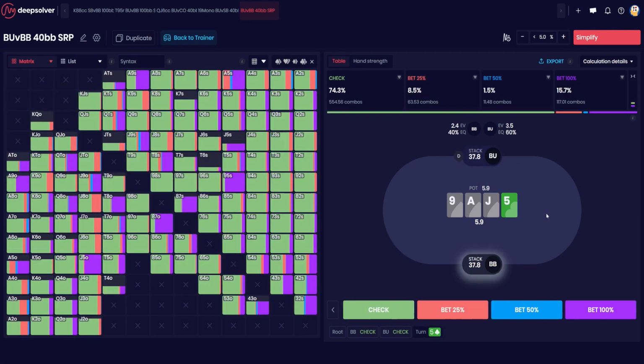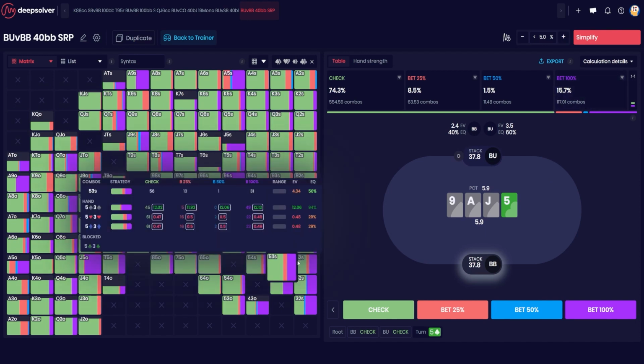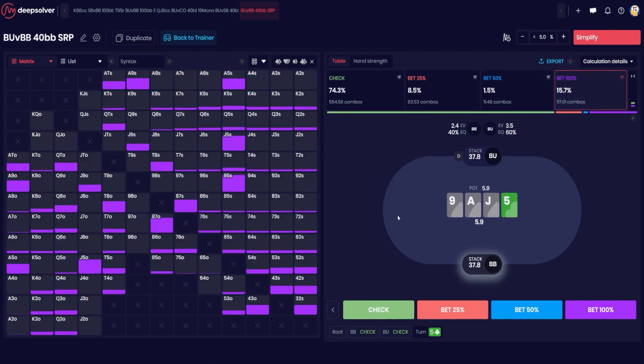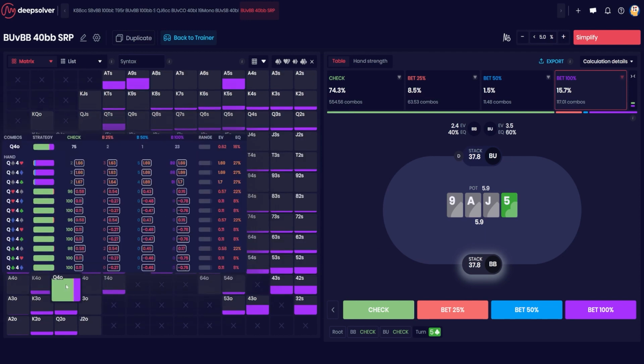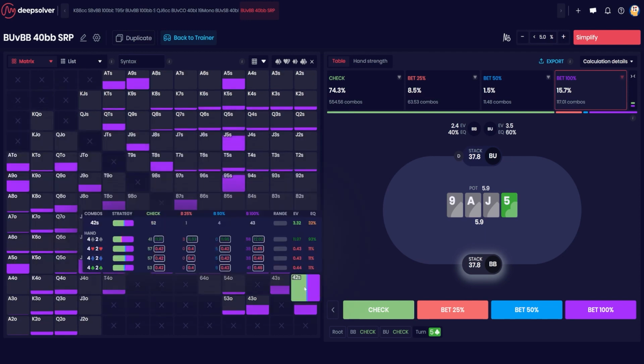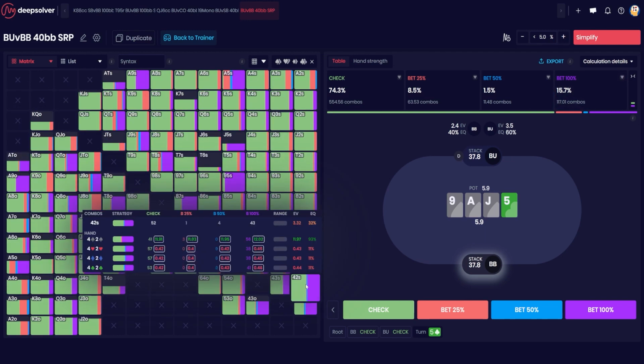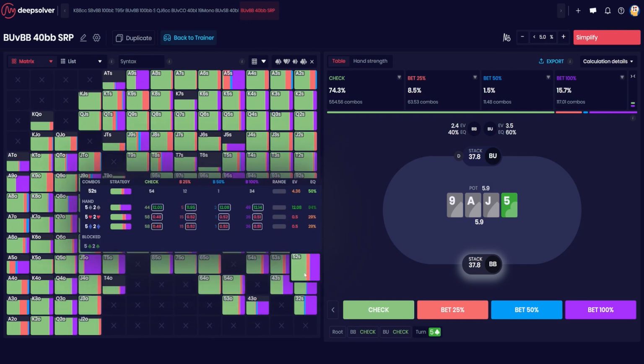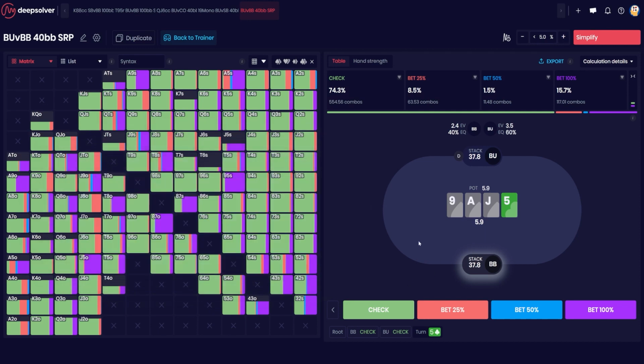Let's have a look at the strategy from the big blind. So they're going for a pot size bet. And let's filter the combos out. So like if I was playing against a human, I probably wouldn't be calling here. Because let's be realistic, who is going to pot with 5 deuce here? 5 deuce of hearts, 5-3 of hearts, like 20% frequency. That's probably not happening enough.